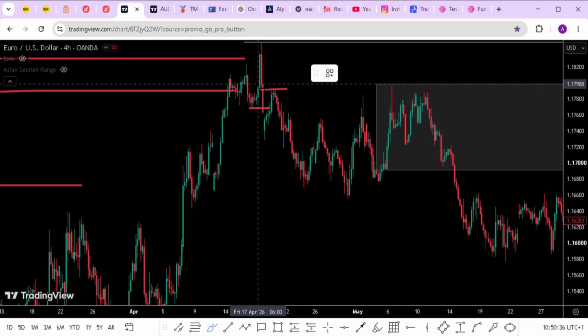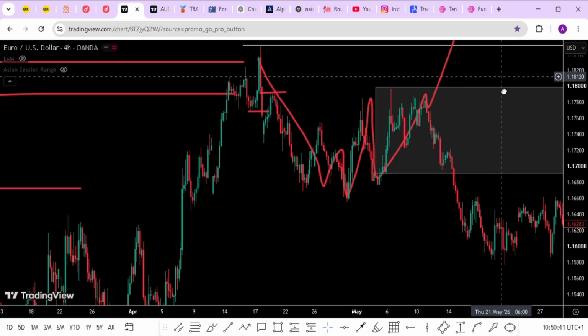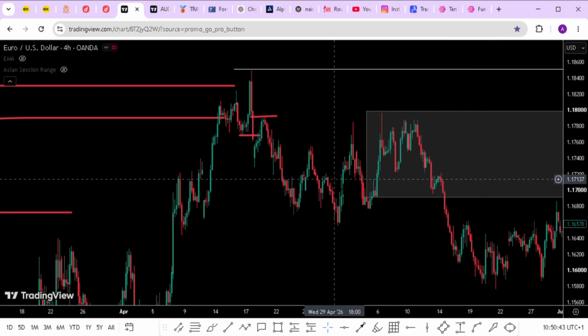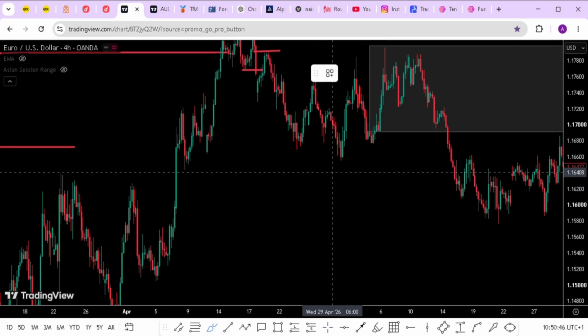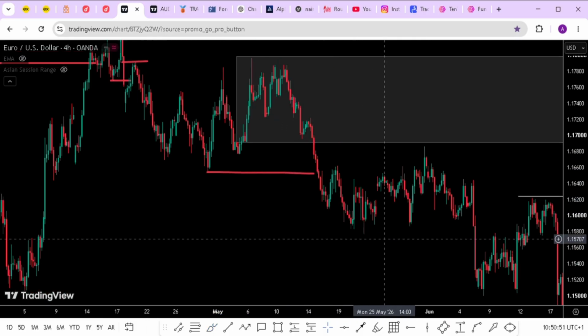Something like this can happen, and you will see the market coil up and push to the upside. So you have to think in probability and also understand what you are looking for in the market. So I waited for this market to do what? To break this low, to confirm exactly what I want.